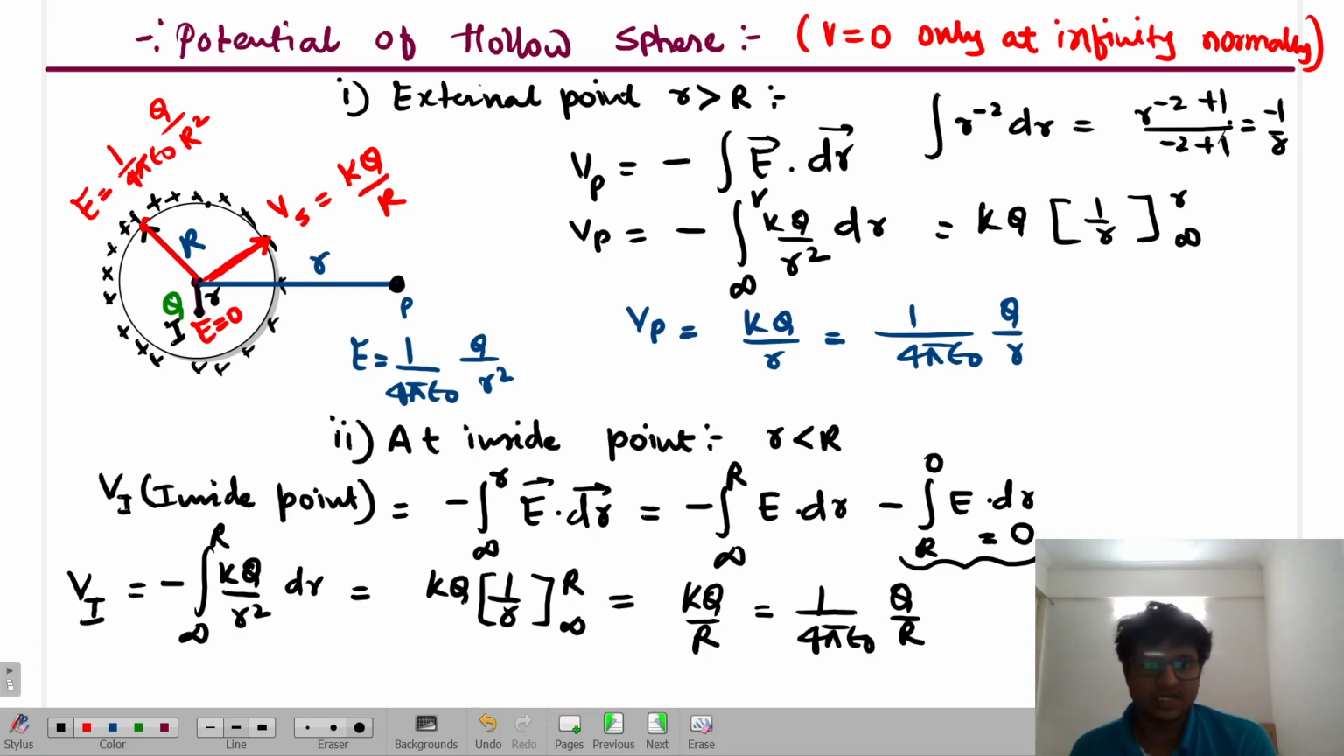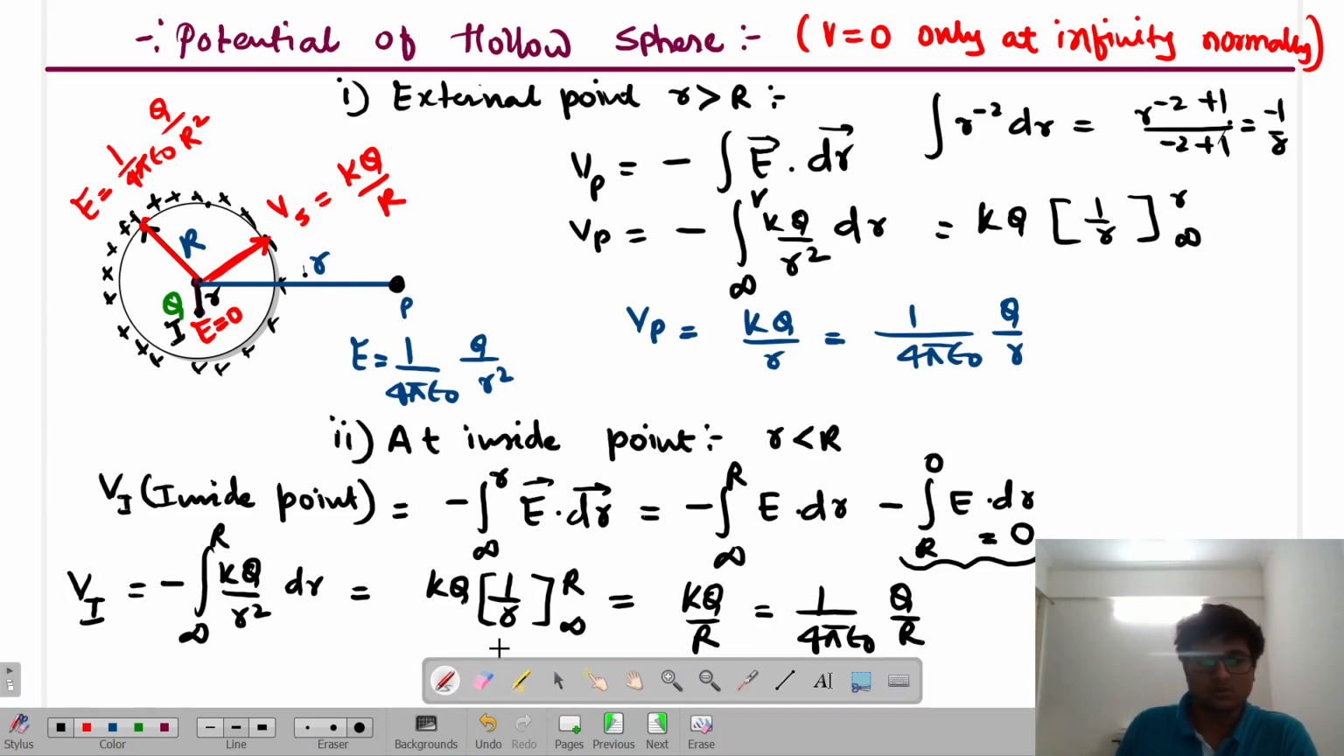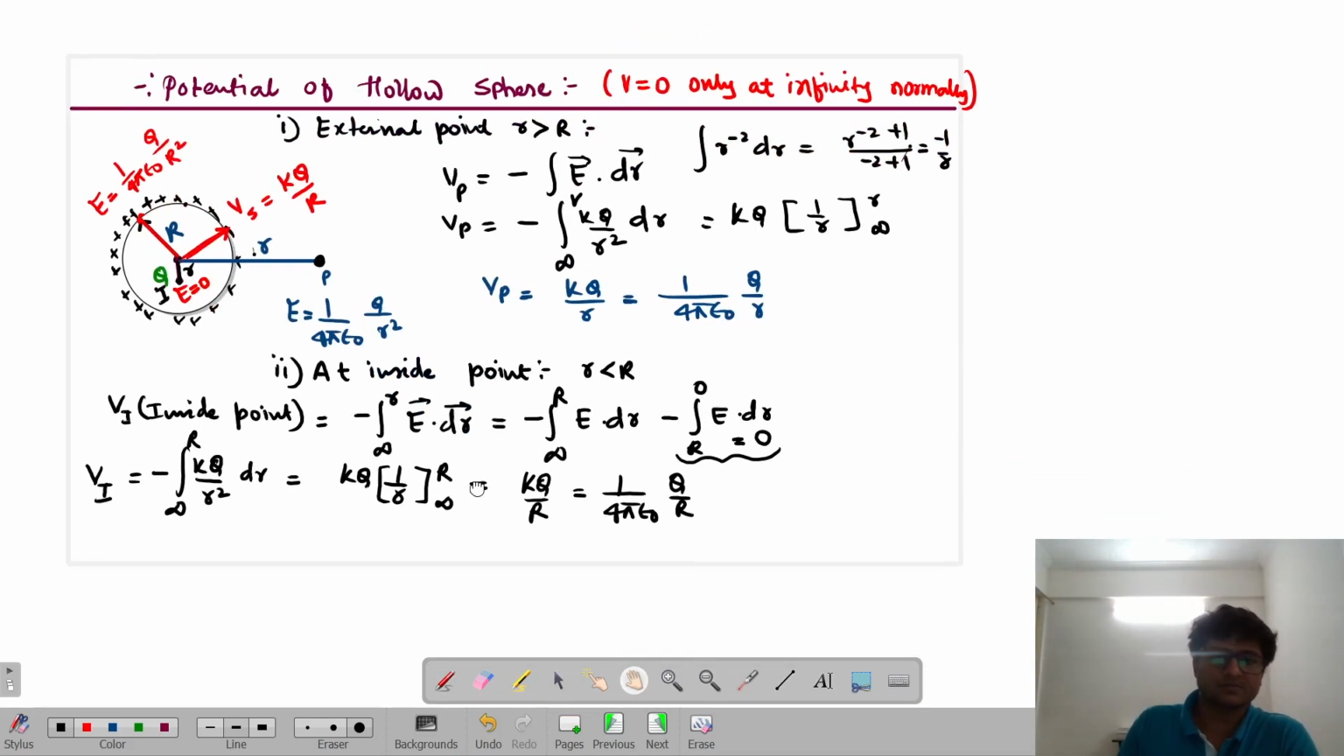That's what I told you, that electric field is zero. That means change in potential is zero. Outside potential is kq by capital R. So inside potential should also be the same, because if electric field is zero, it is creating which kind of surface? Equipotential surface. Are you able to get me? Is that clear? So if I want to draw the graph of this,